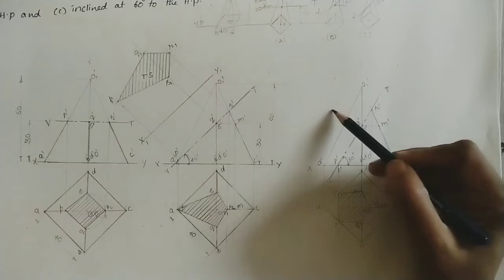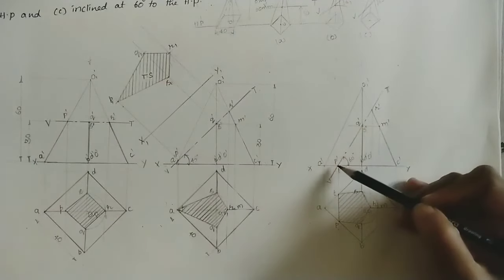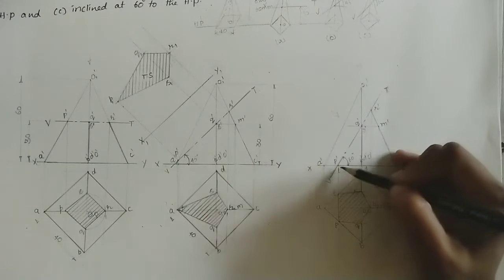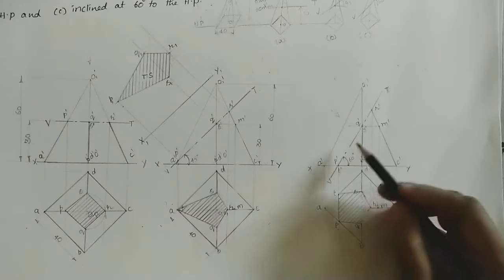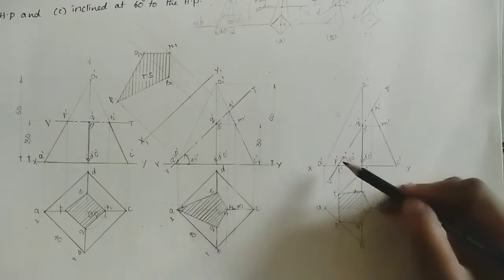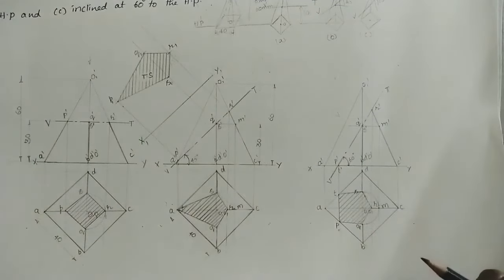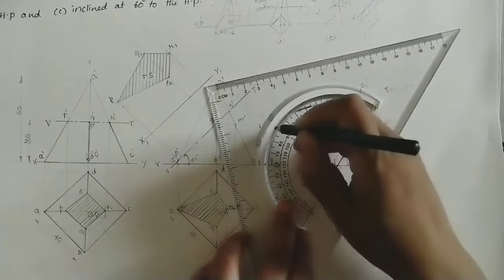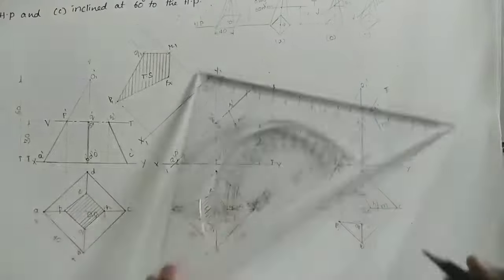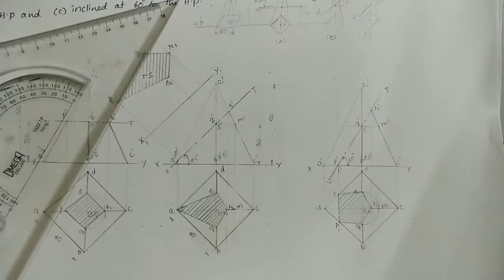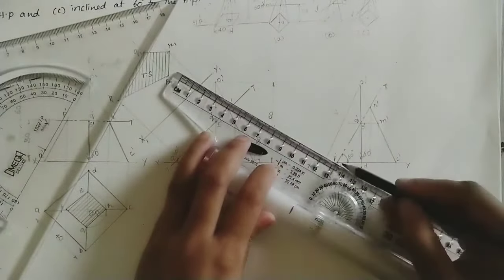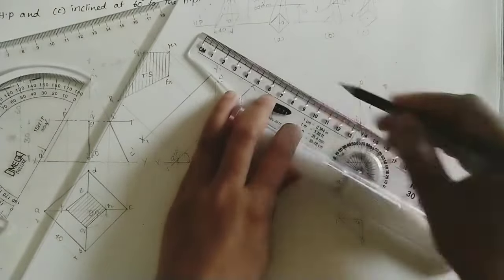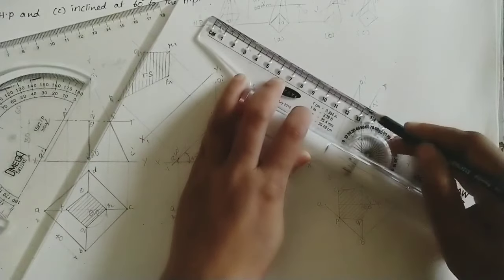Now here we have to do the true shape of this section, how this section is looking after removing this part. For doing it, we have to see in this direction, perpendicular to this cutting plane. So at these points, do the lines perpendicular to the cutting plane. For taking 90 degrees at P dash, initially do the line 90 degrees here. Join this point to initial point. Okay, and similarly take the parallel line, that is 90 degrees line here, and here also at top do the